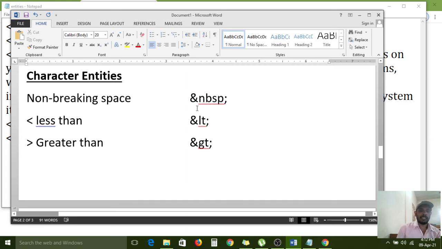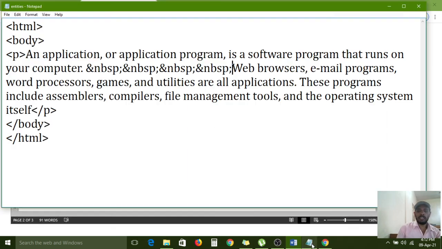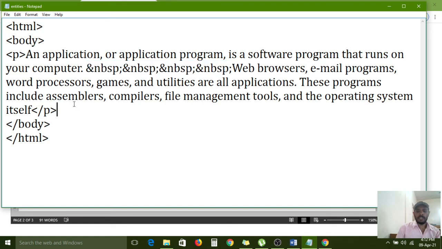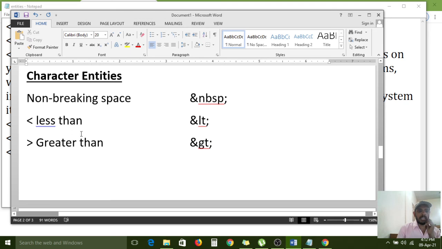The non-breaking space NBSP is already completed. Again, an H1 tag: for your understanding it will display in a big format, that's why I am using H1. The next concept is less than.